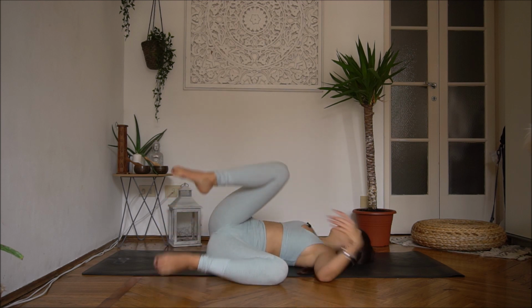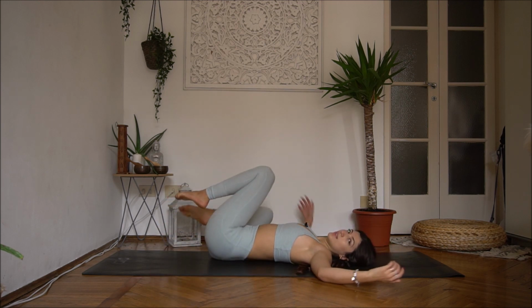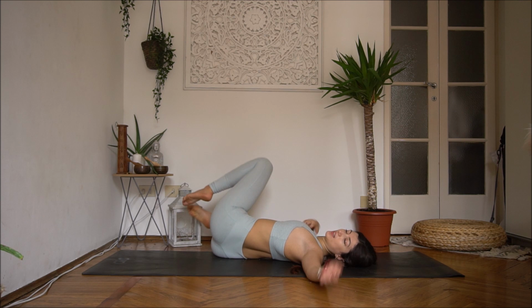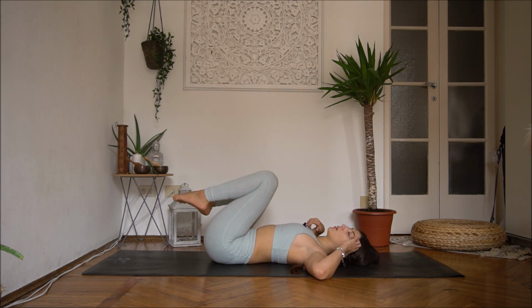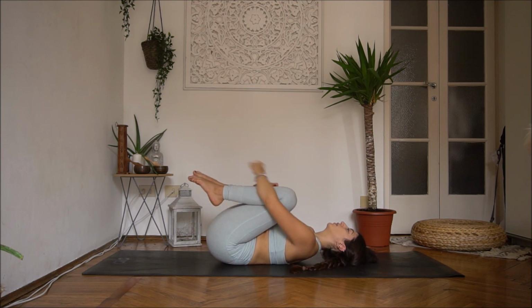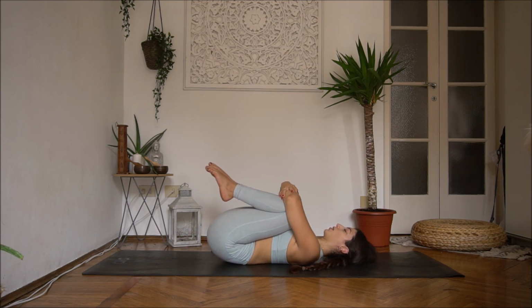And change side. Knees to the right, gaze to the left. Left palm facing up. Close your eyes if you wish. And come back to center. If you want to add some more folds or twists, this is the right moment to do that. Otherwise, just